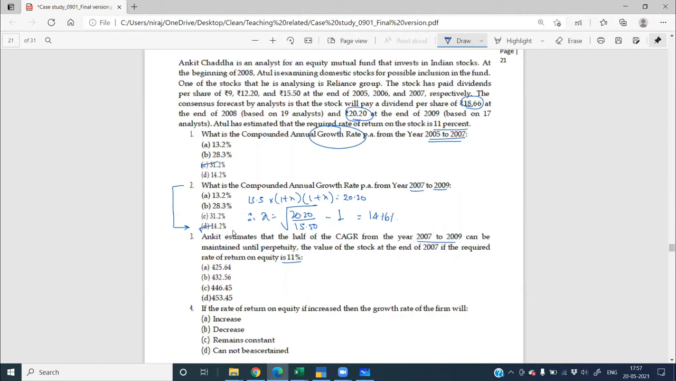So what is the formula for the price of the share? Share price is dividend of previous year into 1 plus growth, divided by KE minus G. So now if I plug in the numbers, I am supposed to calculate at the end of 2007. So what was the dividend that I paid in 2007? I paid 15.50 rupees. So 15.50 multiplied by 1 plus 7.1%, divided by 11% minus 7.1%. So if I solve this, I will get an answer of